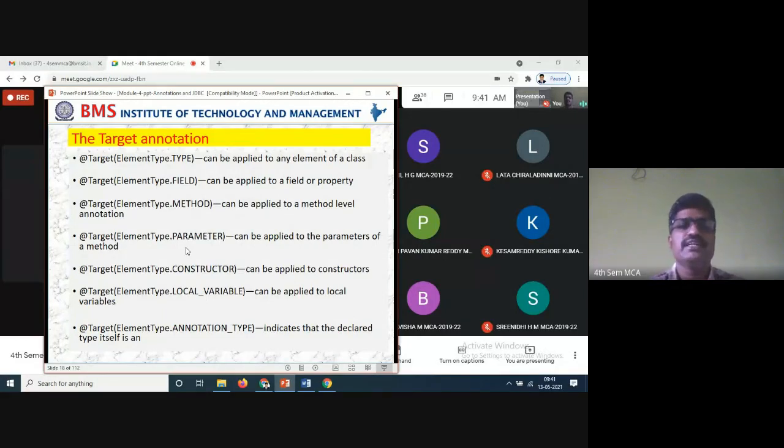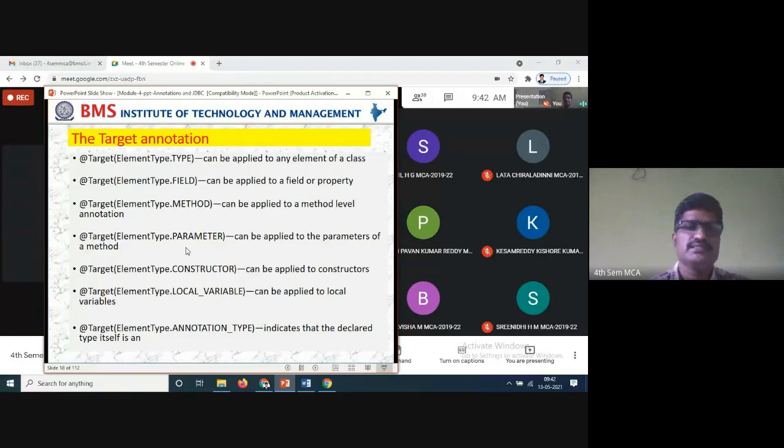So we have the different types of the annotations in this case: type, field, method, parameter, constructor, local variable, annotation type. These are all the target annotations.